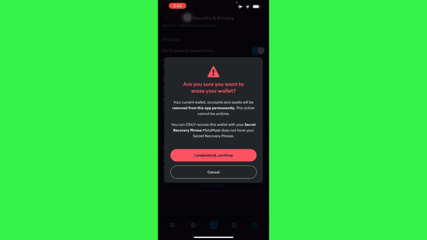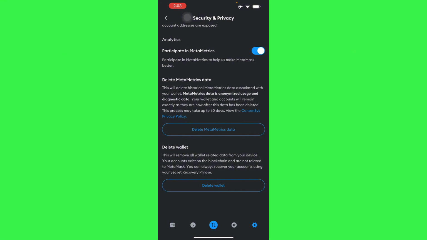So this action cannot be undone unless you have your recovery phrase, your secret recovery phrase that MetaMask won't have any control of, and no one else will have any control of, only you. So you must back it up first, if you do decide to get it back later and access this account again. And there you go. So you can delete your